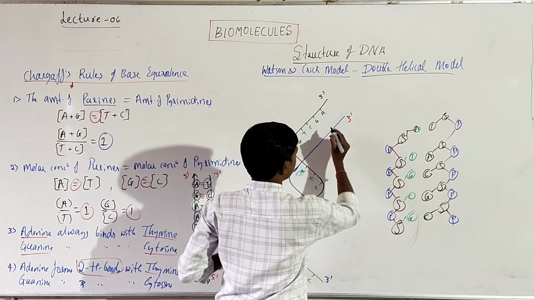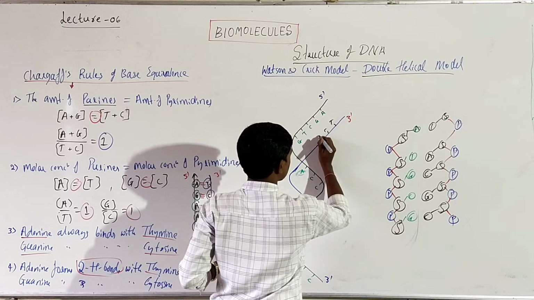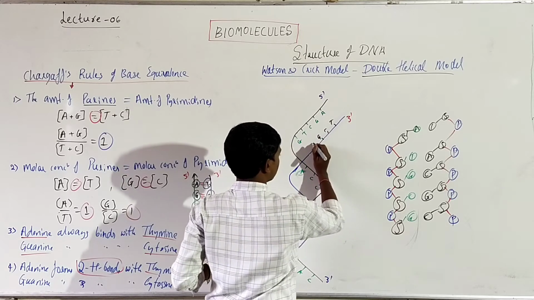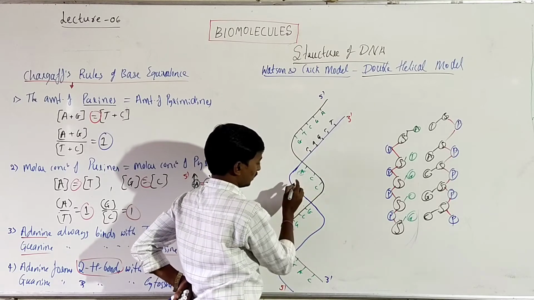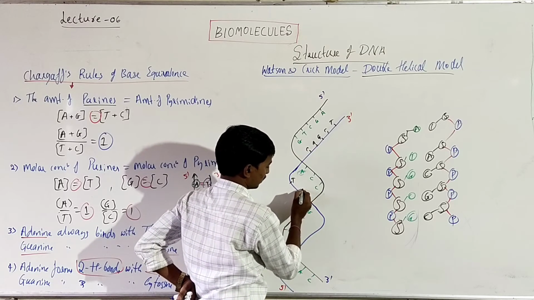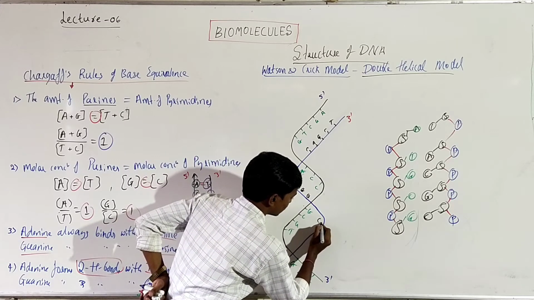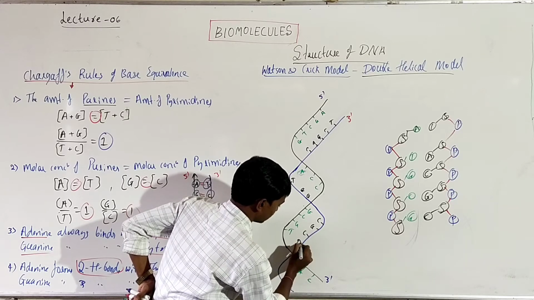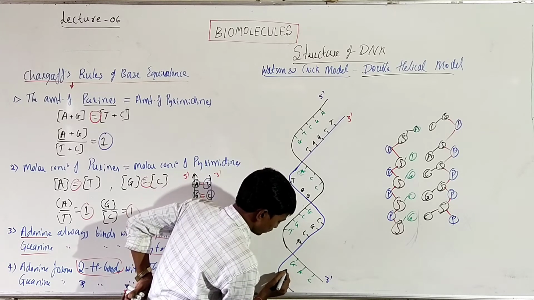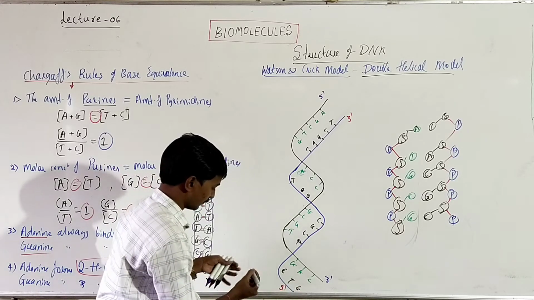Opposite to adenine, it must be thymine. Guanine, cytosine. Guanine. It is adenine. It is cytosine. In front of adenine, it must be thymine. Cytosine, guanine. It is guanine. Here it is cytosine, guanine. It is cytosine, adenine. It is cytosine, thymine, guanine. Right? So here